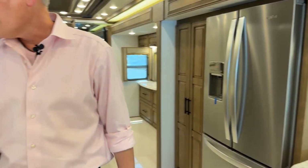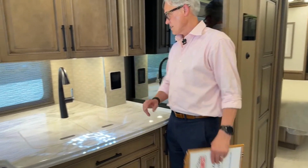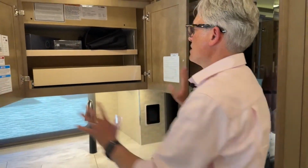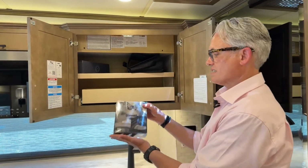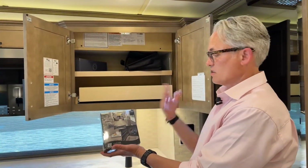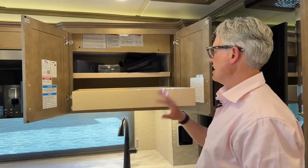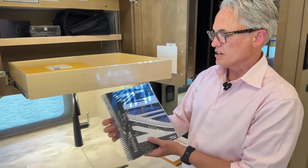Coming over here, another one of these panels. So I've got one here, and then I'll have one over there. I'll show you in a minute. Look at all the storage space here. So, talked about that leather. Newmar is actually giving you a nice leather cleaner with it, so you don't have to buy any extra stuff. Slide out here, and they've kind of changed their manuals a little bit,